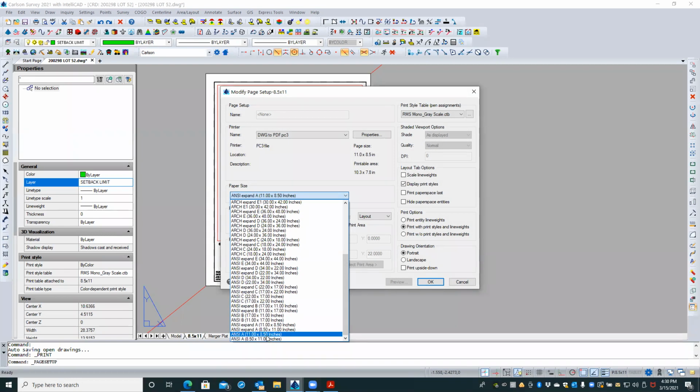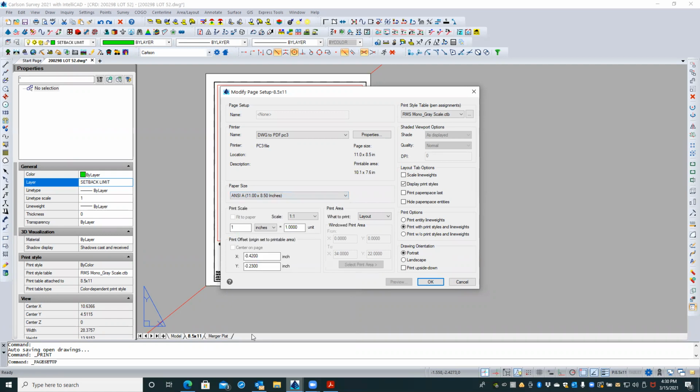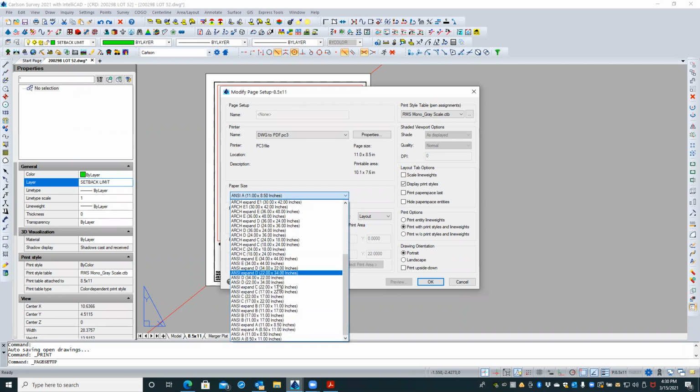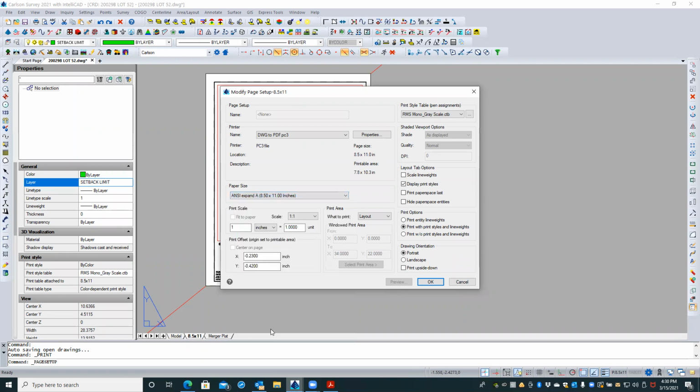So that's 10.3 by 7.8. NCA is 10.1 by 7.6, so that's even less. So if we do the expanded A,